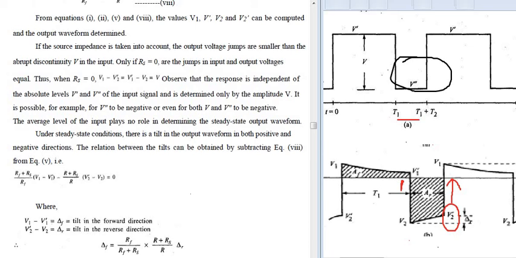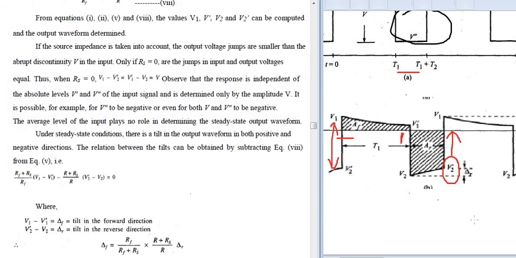Okay, what we have seen is that there is a proper jump in the voltage. In case the source impedance is taken into consideration, there won't be these longer jumps in your voltages. You will get some shorter jumps that will affect the continuity of your output voltage waveform. See, if your voltage does not jump properly to V2 dash from V1, and consider it only jumps up to here itself, will your output waveform be continuous?